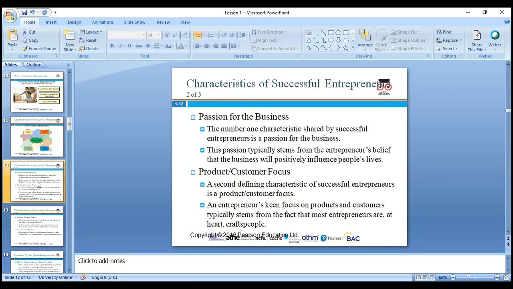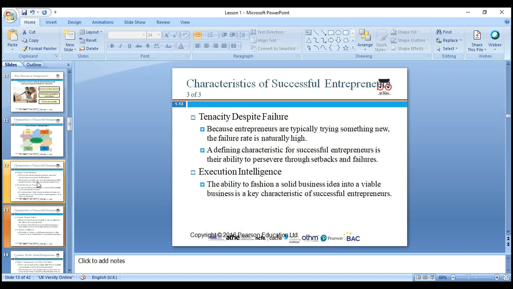Passion for the business: the number one characteristic shared by successful entrepreneurs is the passion for the business. This passion typically stems from the entrepreneur's belief that the business will positively influence people's lives. Product and customer focus: a second defining characteristic of successful entrepreneurs is the product and customer focus. An entrepreneur's keen focus on the product and the customer typically stems from the fact that most entrepreneurs are hard-working craftspeople. They know the people, they know to whom